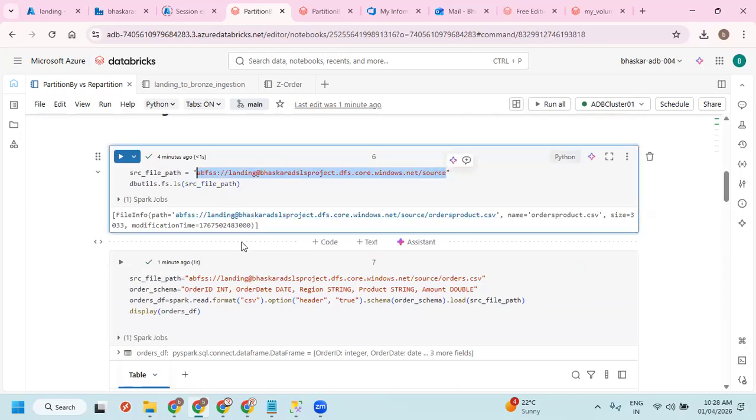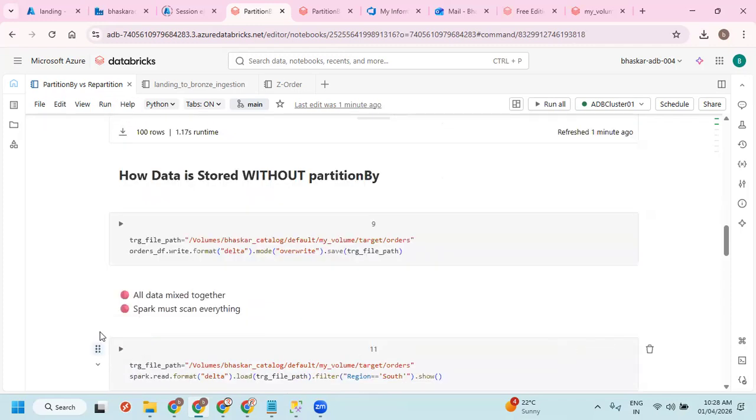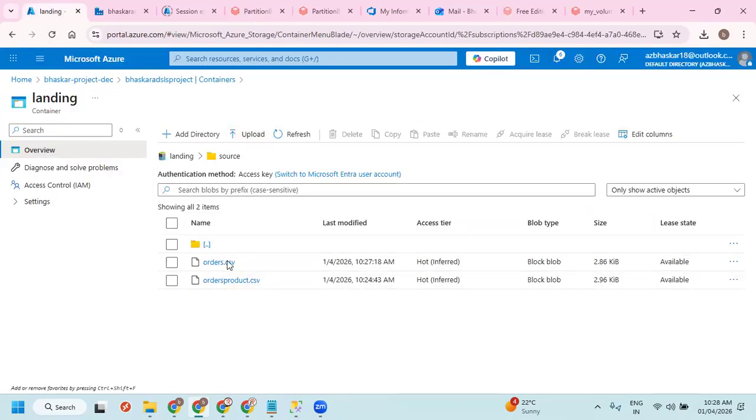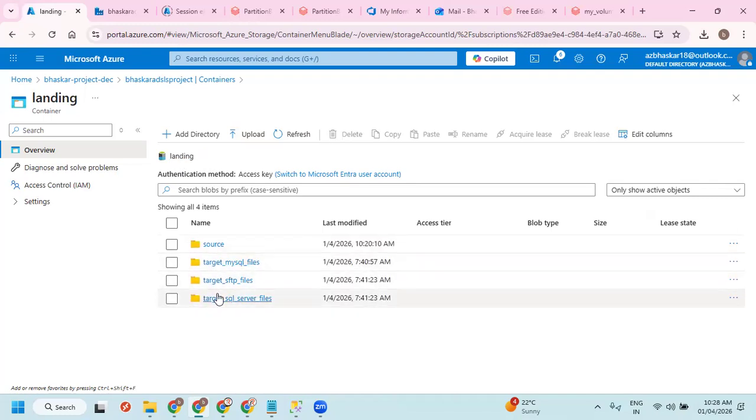Let me take this. This is the target I wanted to take, and orders. In this path, at this point of time, I don't have a target folder here.